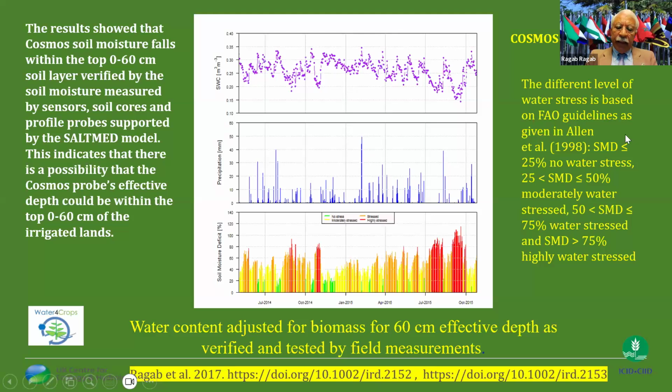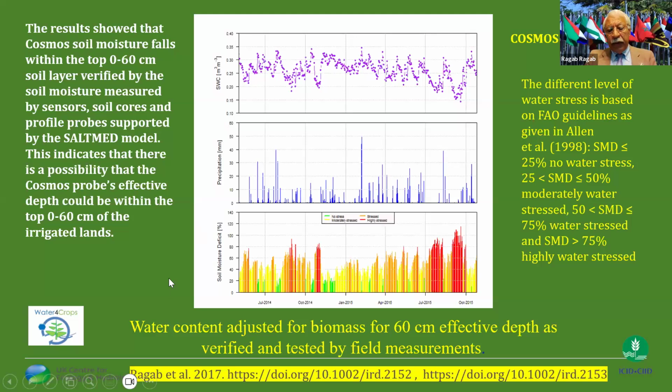And based on the FAO classification of the different levels of stress, depending on the soil moisture deficit values, we color-coded the soil moisture deficit stress. Red means highly stressed and you need to irrigate. Green means low stress, you don't need to irrigate. Amber, like yellow, is mild stress. So from that, you could actually